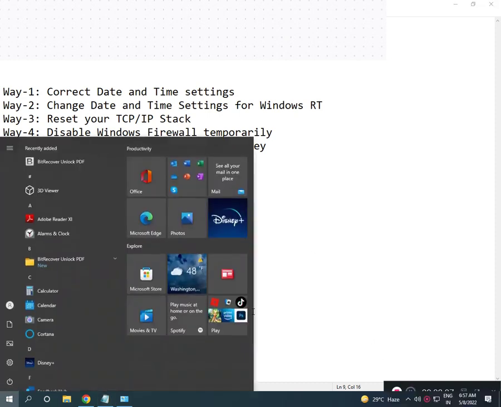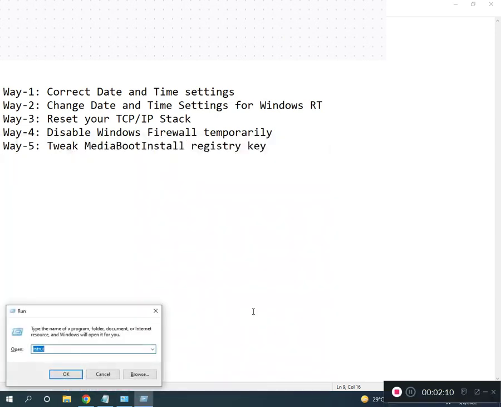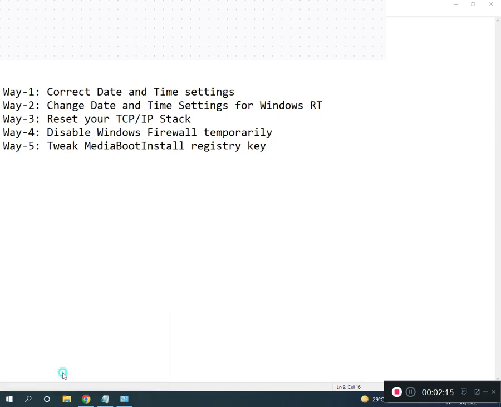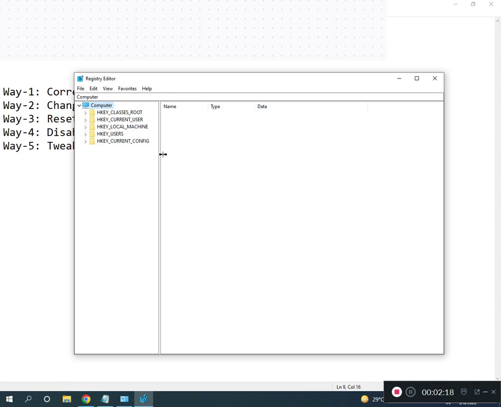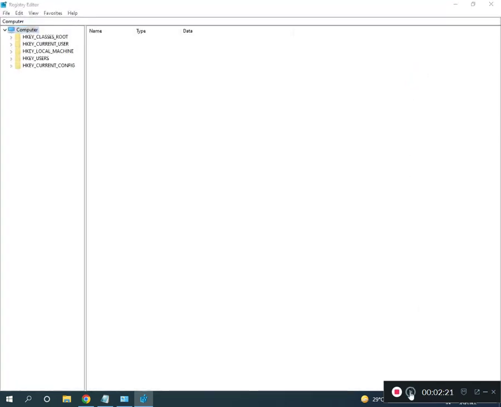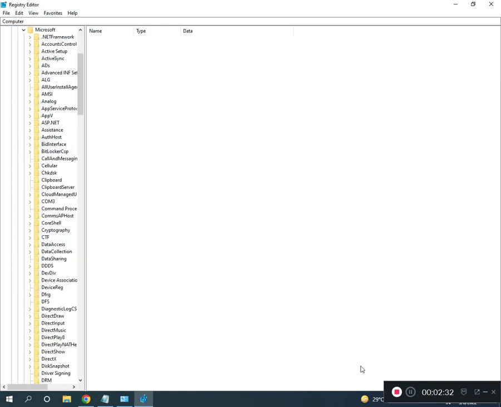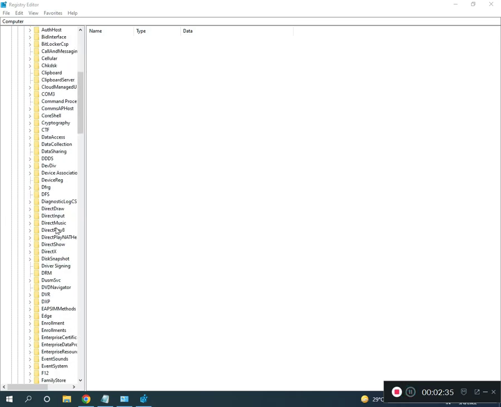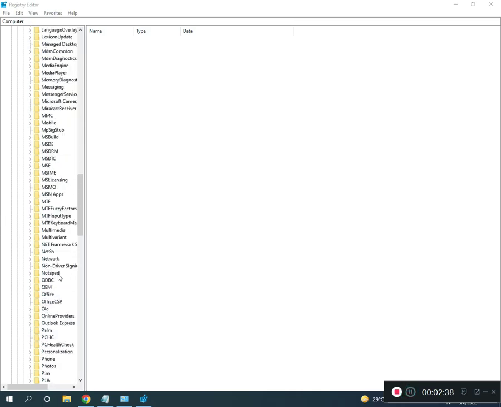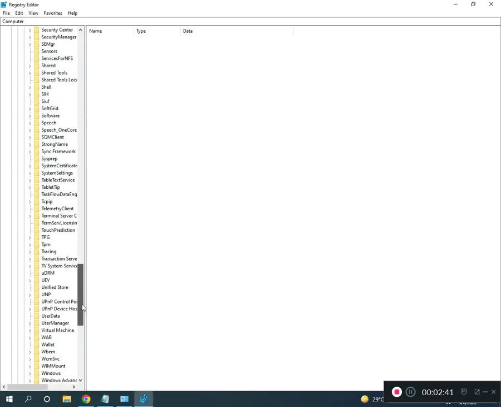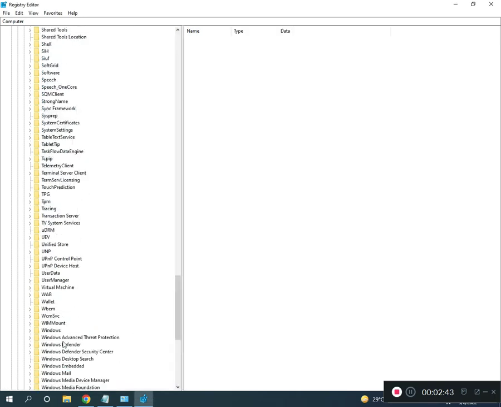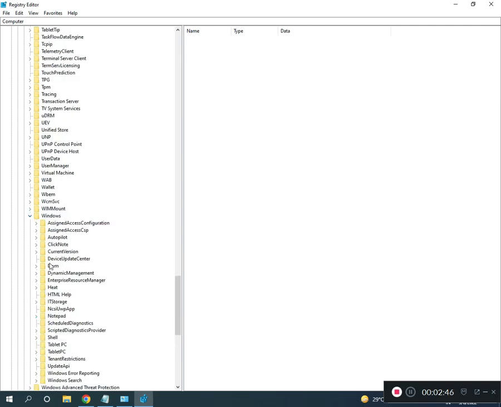You search Run, type regedit, then OK, click yes, then full screen, then go to HKEY_LOCAL_MACHINE, Software, Microsoft, then Windows, scroll down, Windows, CurrentVersion,